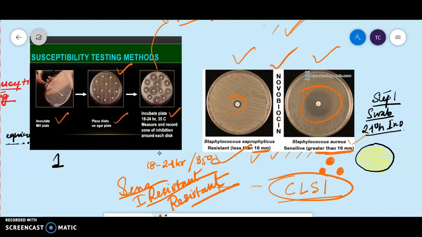So this is all about your antibiotic susceptibility test. In the antibiotic susceptibility test today, we have discussed the Kirby-Bauer disc diffusion method, which was done on agar plates. And we have also focused a bit on the antimicrobial susceptibility tube dilution method. So in the tube dilution